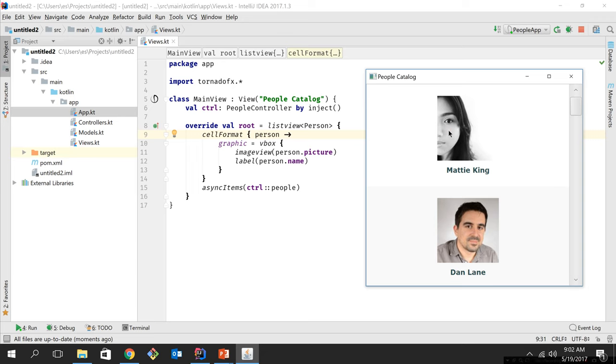So lately I've noticed some confusion about cell format and other cell implementations in TornadoFX. So this video is about clearing up some misconceptions and also giving you some hints on how to optimize your custom cell implementations. So what you see here is a simple people catalog, and the whole application is basically this